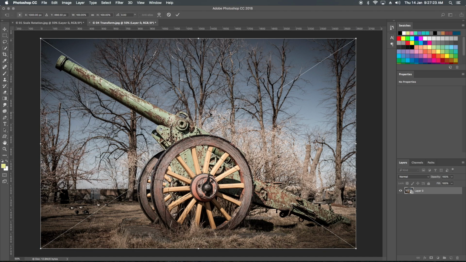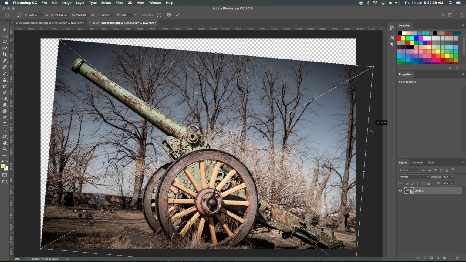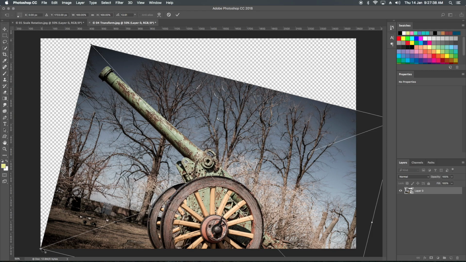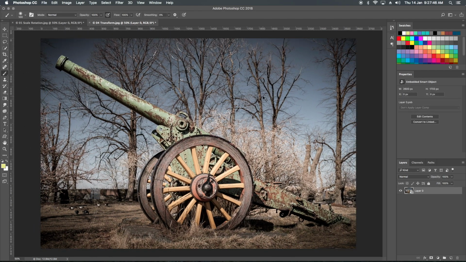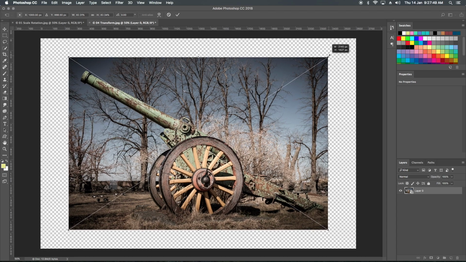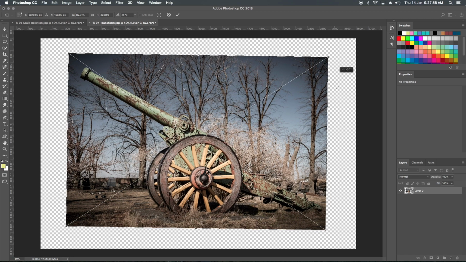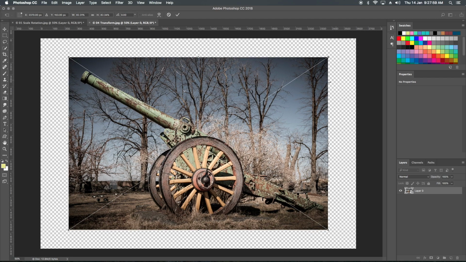By selecting Command T, the transform, on the top left hand side, this is called the anchor control. If I click this on the left bottom, now if I rotate, you can see my image is locked at the left bottom, and now my image is rotating at that point. Let's bring the scale down a bit, and now if I make it top right, it will rotate from the top.